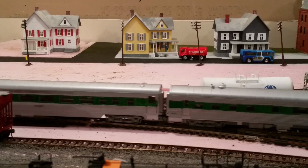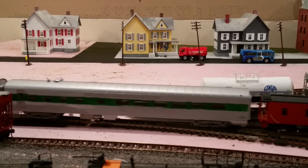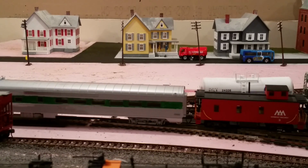Just going to keep on going. And it comes right along into my next purchase. I ended up buying a Vermont Rail Systems number 3 cupola style caboose, and this is a Haiku cupola. The only reason why I got it